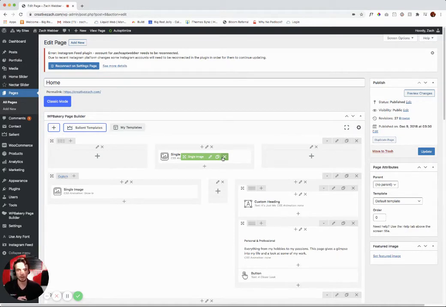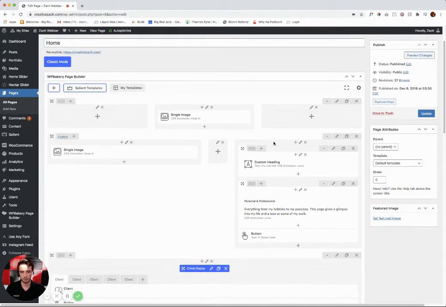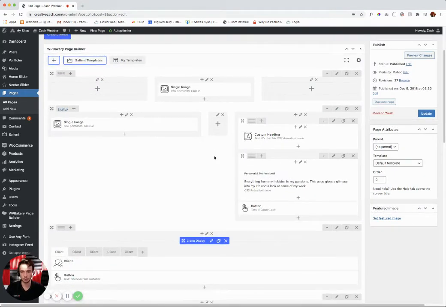So first, wherever there is a plus symbol is where you can add new elements. If I wanted to add a new image or a title here, I can click on that plus symbol, and it will have these elements I can add. So buttons, or a single image, or a divider. That's if you're making new pages, then you can make new elements. But for the majority of your needs, what you'll need to do is just edit existing